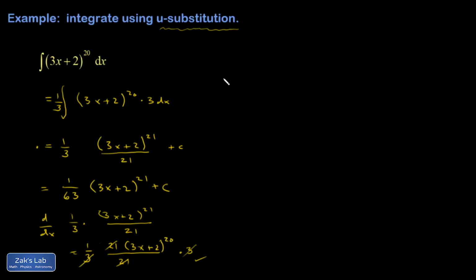We could also approach this problem formally. I'm just trying to discourage it when it's not necessary. So I have, let u equal 3x plus 2. In other words, I'm trying to view this as a single thing. Then du is going to be 3 dx. And the way I'll handle it this time is similar to what I did over here. I'm going to force that 3 to happen by just putting it in the integrand, and then I'll compensate for it out in front. So I have the integral of (3x plus 2)^20 dx